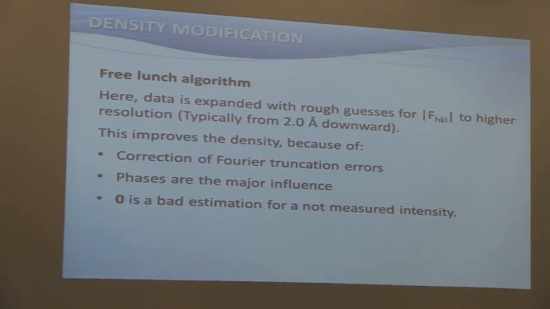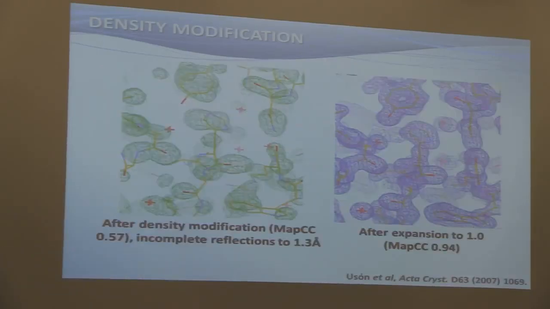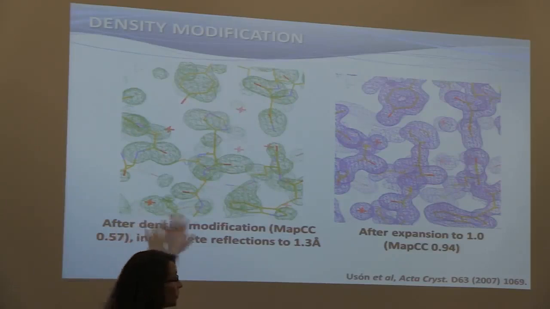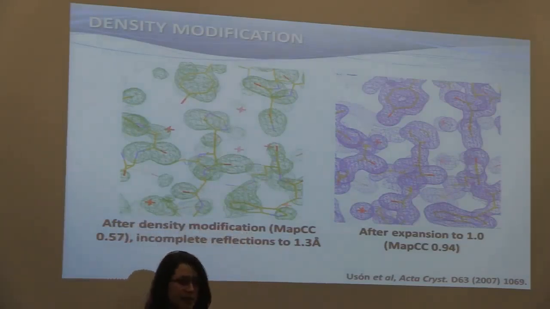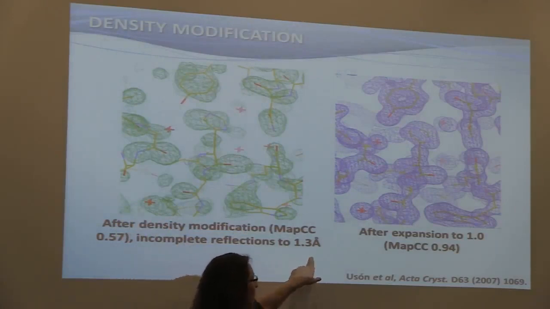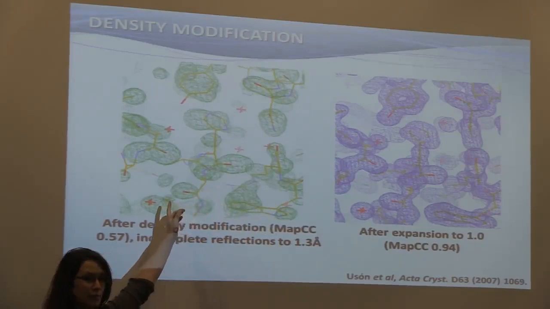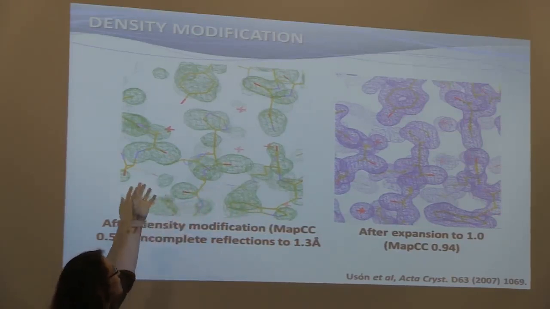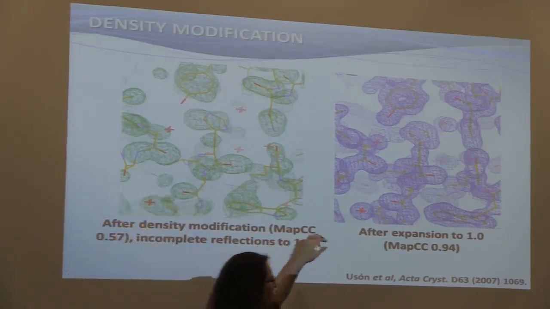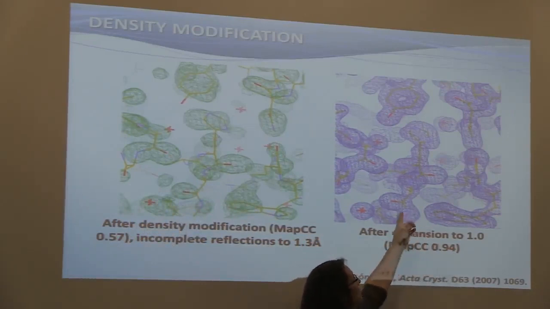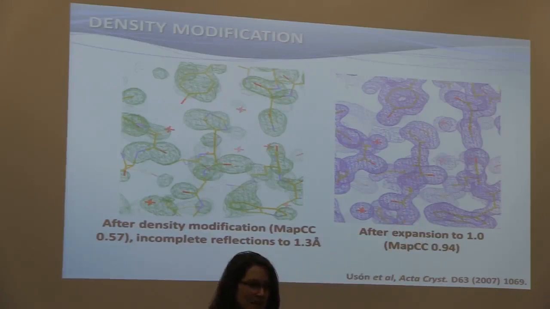And here's a rather spectacular example. This is a structure where one wedge of data had been missing because they assumed the wrong space group or the crystal died. Incomplete reflections were measured to 1.3 angstroms. The map is very hard to interpret. It's very difficult to see what's what here. After free lunch and expansion to 1 angstrom, the map looks beautiful. So you actually can get this kind of improvement